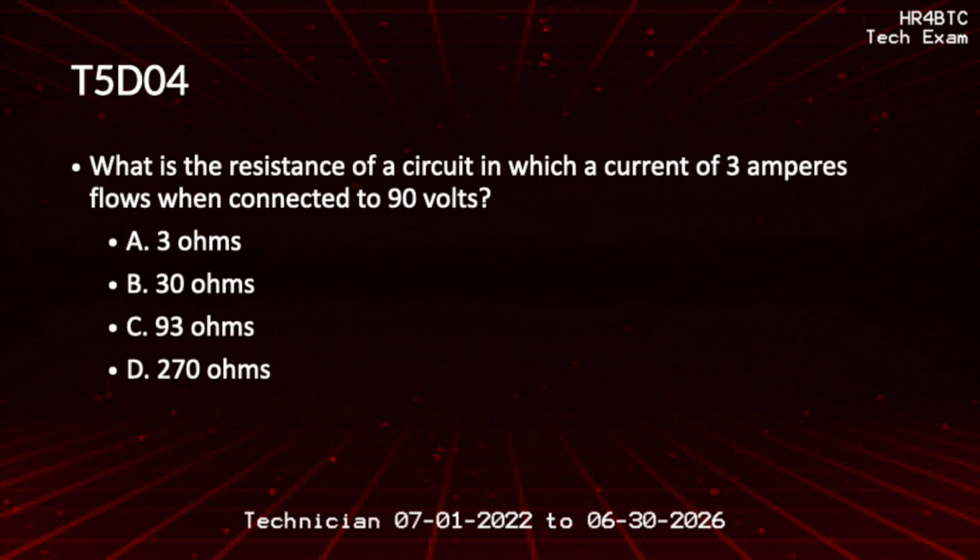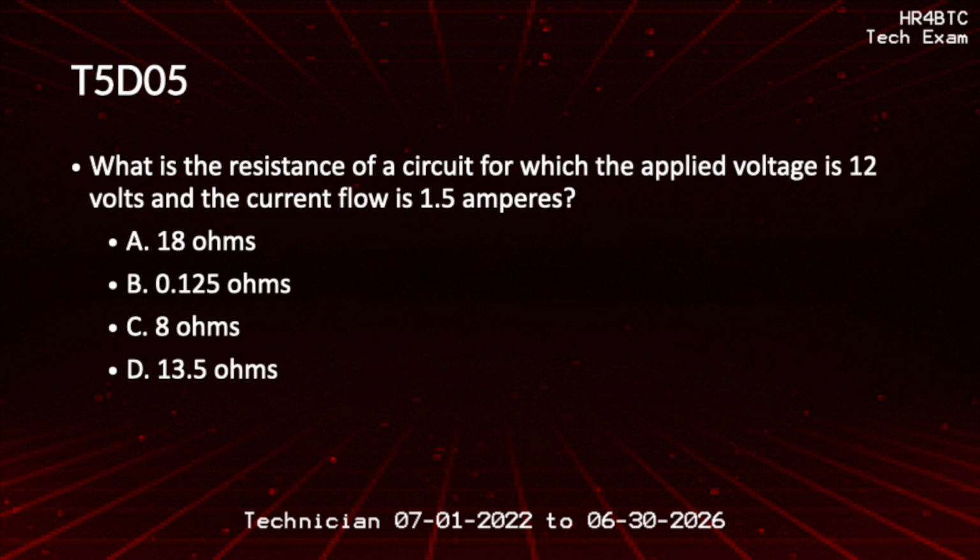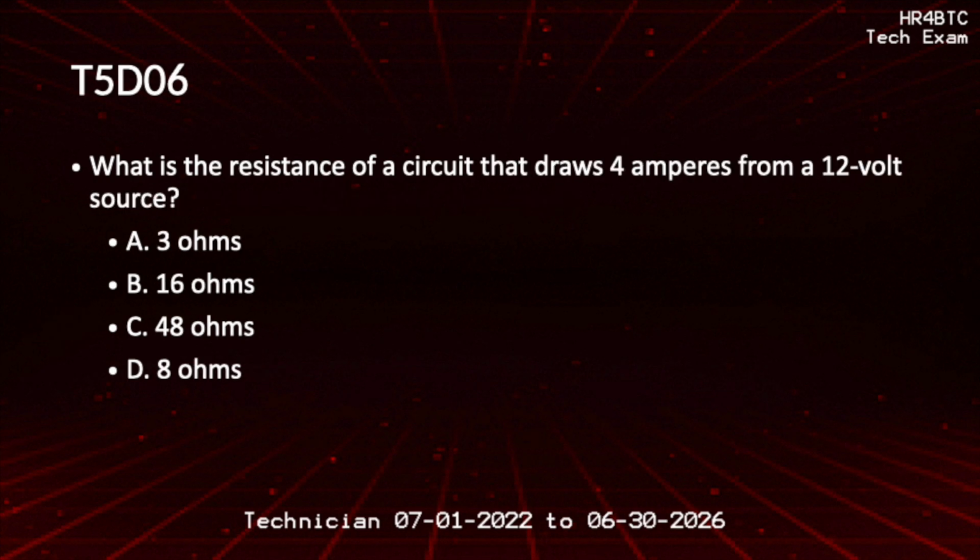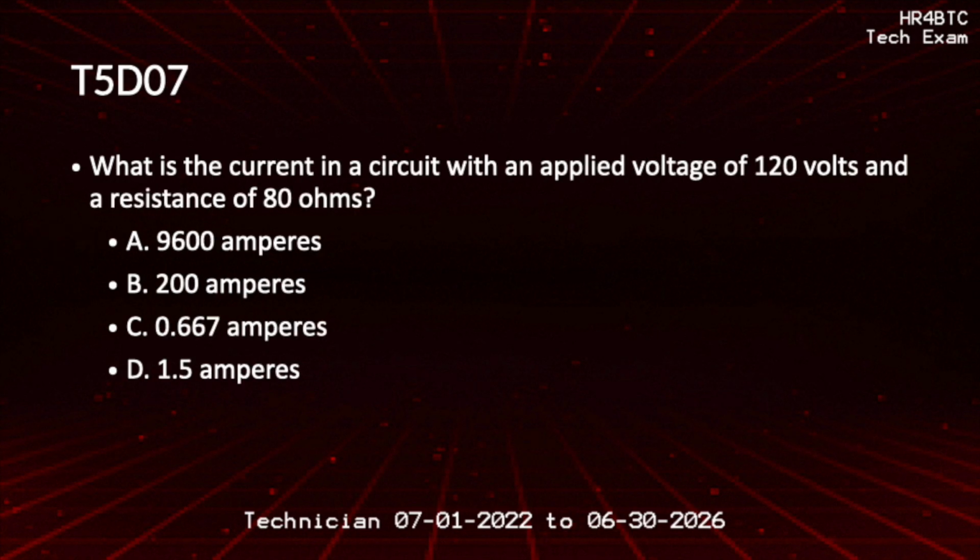What is the resistance of a circuit in which a current of 3 amperes flows when connected to 90 volts? 30 ohms. What is the resistance of a circuit for which the applied voltage is 12 volts and the current flow is 1.5 amperes? 8 ohms. What is the resistance of a circuit that draws 4 amperes from a 12-volt source? 3 ohms. What is the current in a circuit with an applied voltage of 120 volts and a resistance of